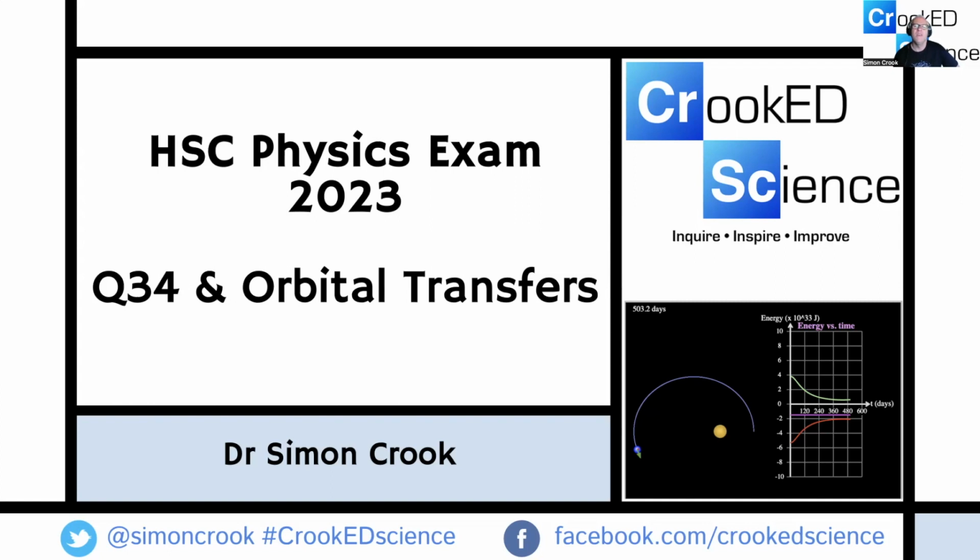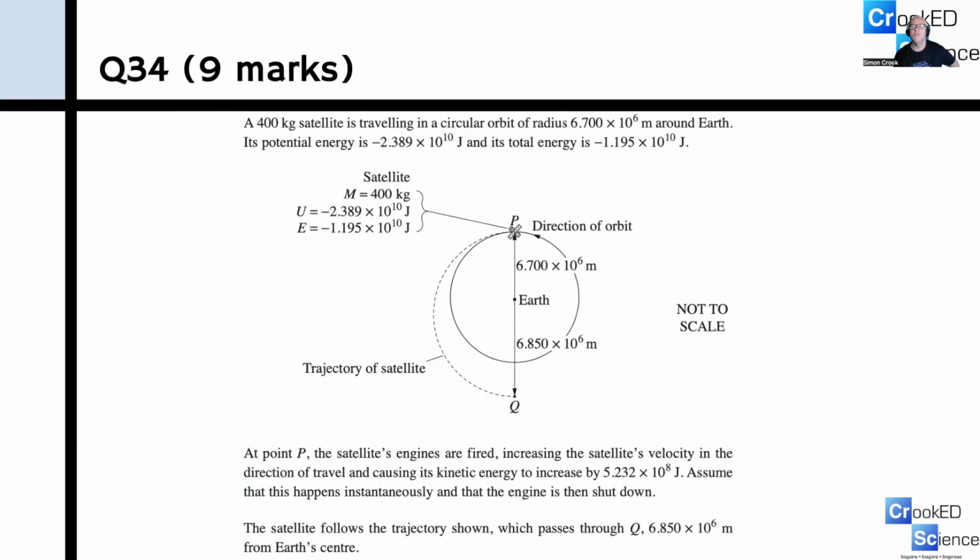Hi everyone. I just wanted to go through question 34 from this year's exam to show how we can use this as a learning opportunity, but also a few aspects to be careful with and to avoid, and to go through some of the advanced theory that underpins the physics around the idea of orbital transfers and the nature and context of this question. So in this question, we're presented with a satellite that is orbiting the Earth at a